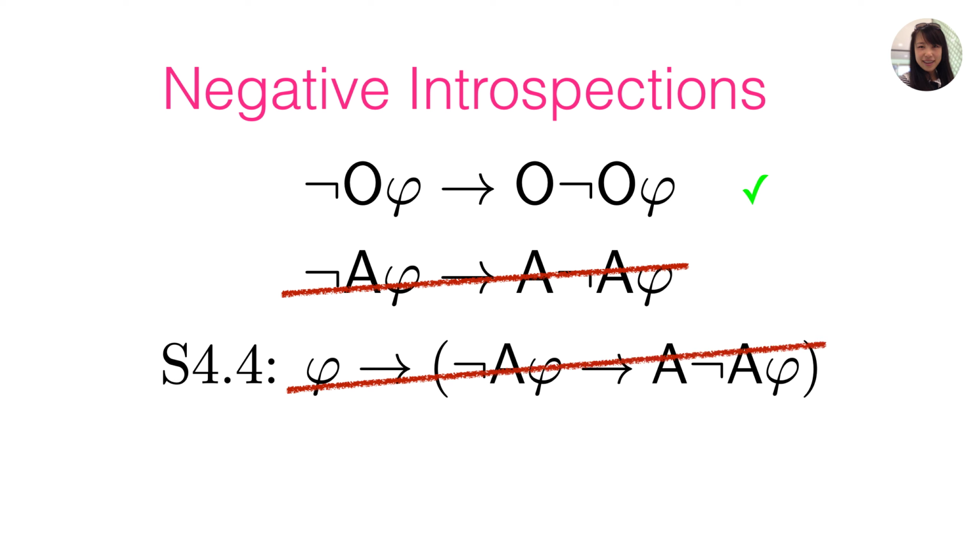Note that the counterexample I just showed you before cannot be a counterexample for S4.4 because the phi there is the hotel has vacancy, and the phi there is actually false. However, in our paper, we had a more detailed example where we also specified that there may be bad bugs. In there, we constructed an example to show that S4.4 also does not hold. So the last form of negative introspection contains both modalities A and O. It turns out that this form of negative introspection holds true.